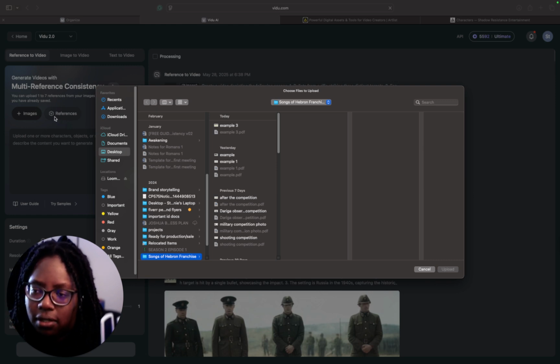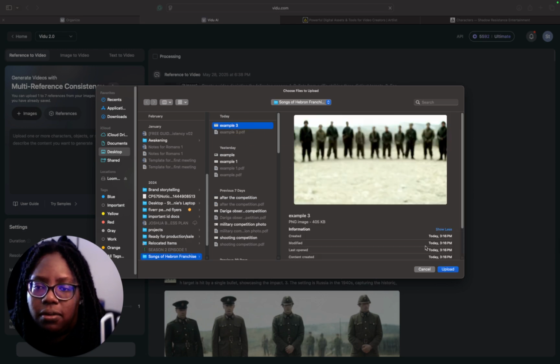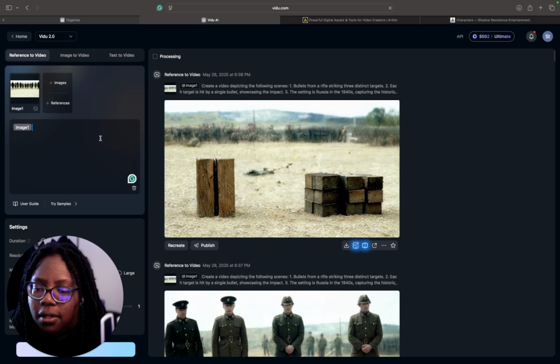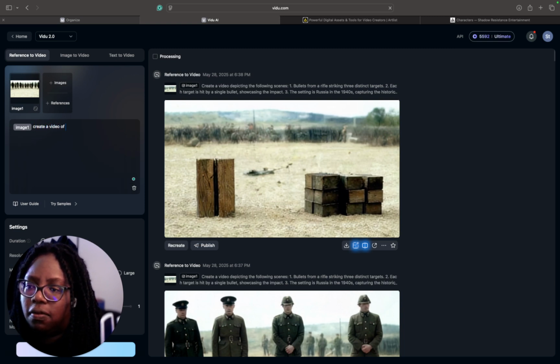I'm still learning the difference between references and images when it comes to using this particular feature, the reference to video feature, as opposed to image to video. But I'm going to just go ahead and add the photo, and then I'm going to type create a video of bullets hitting targets.